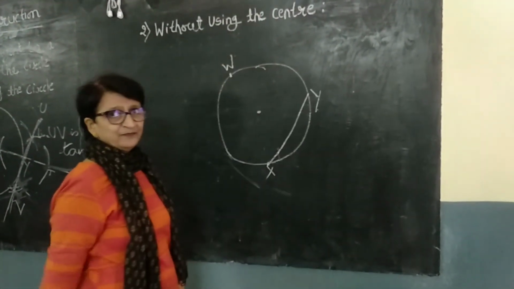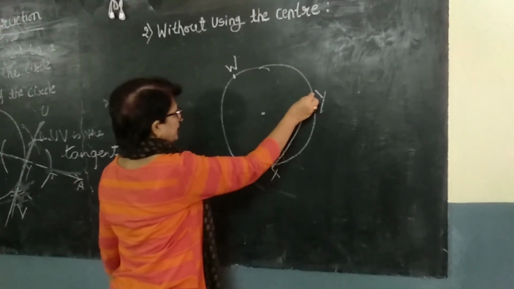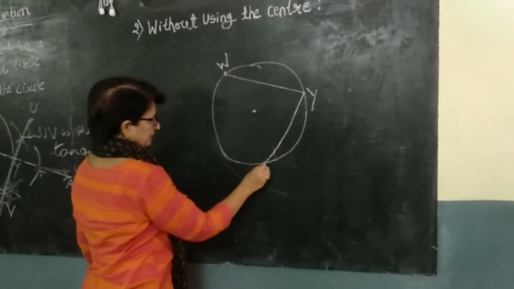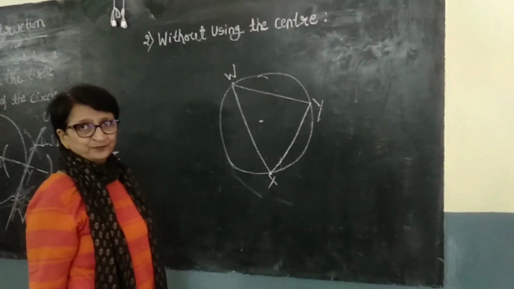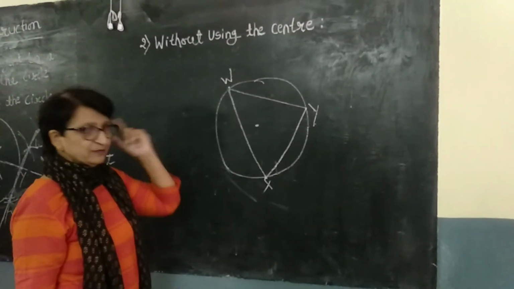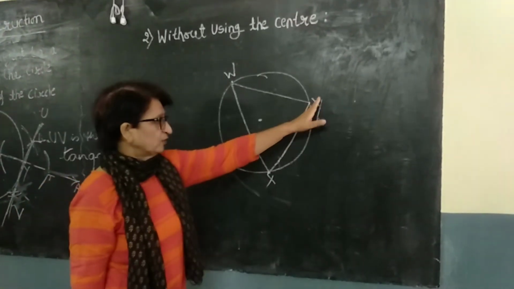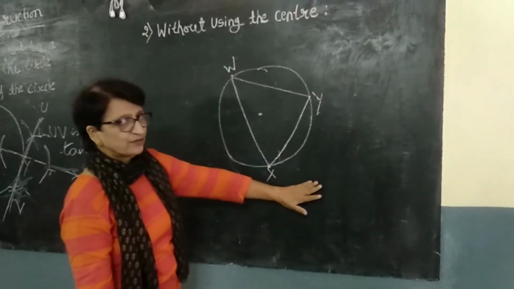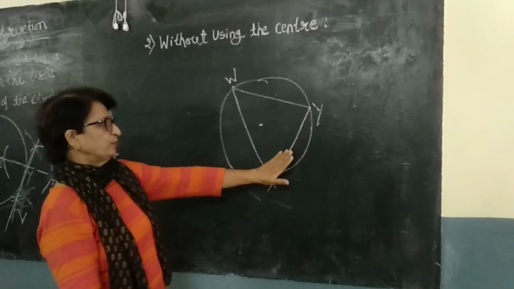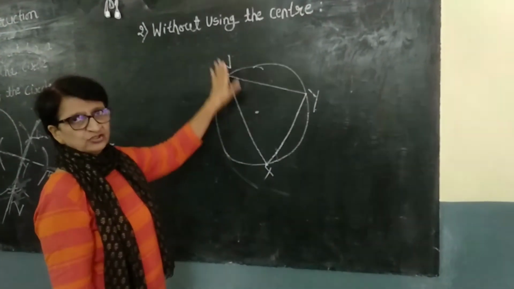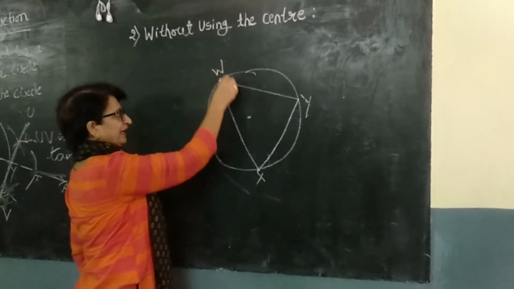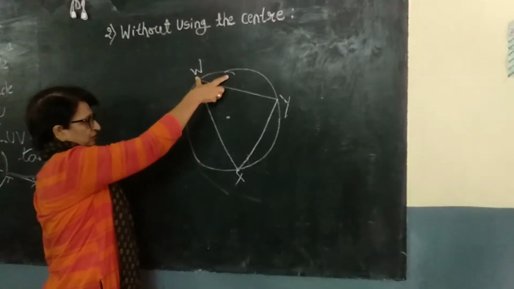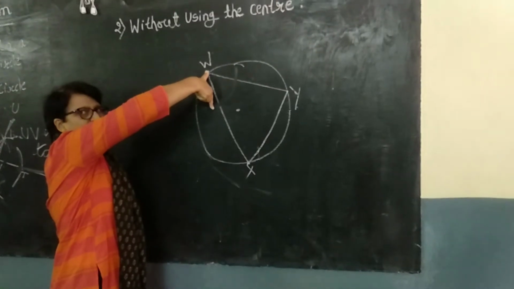W. Okay? Now join these two lines like this. Understood? Keep it in mind what I am saying. The chord we drew on this side of the circle, then on the opposite side we have to take a point and join it. Now with W as center and any convenient arc, draw an arc out here like this.